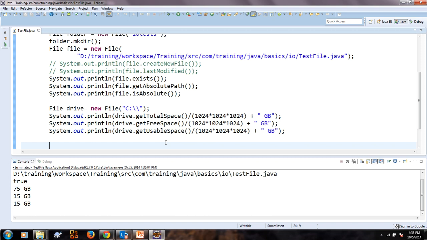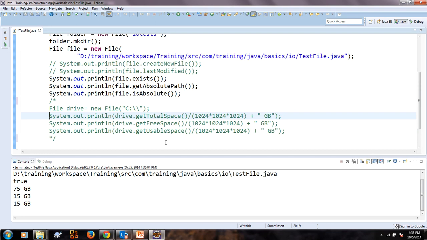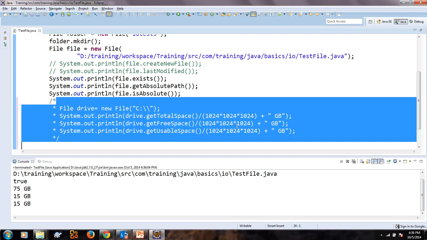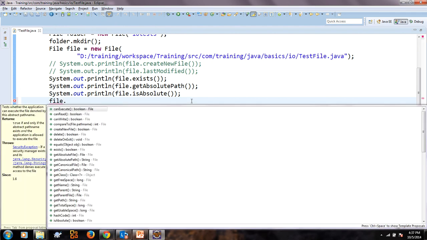Let's see something else. Let's comment out this portion. Now, this TestFile.java, let's make it this file dot